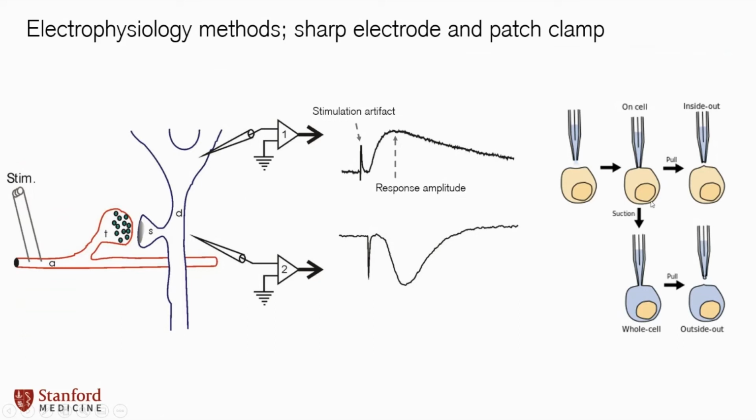And another, even more finely precise measurement of membrane potential, so rather than this bulk difference, you can actually measure the voltage at the surface of the membrane, is to suck onto the membrane with a glass pipette and pull out the piece of membrane. You're almost becoming part of the membrane solution, and then you can measure relative to the outside, and that's called patch clamp. So patch clamp you can do.